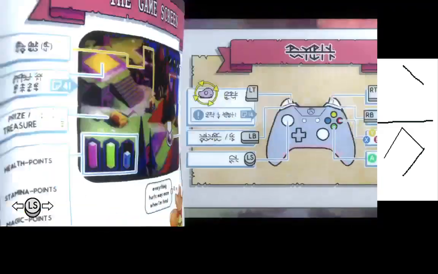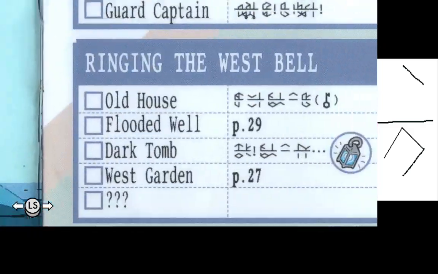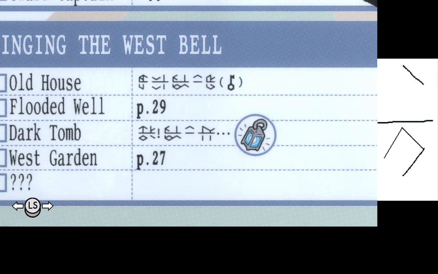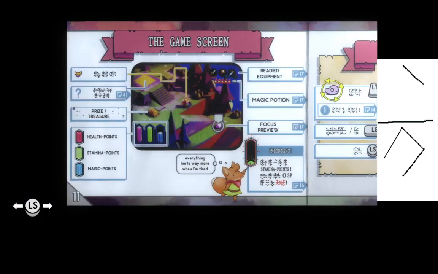I appreciate you asking. They straight up give you the word for key in one of the intro things. If you look down here, it just straight up says, you will need a key, and then it has a key next to the word key. That was very handy because that gave me what the hard E looks like. It's most of the frame filled out. But a lot of it was just realizing that the phonetic thing was the biggest thing. I think what actually clicked that for me